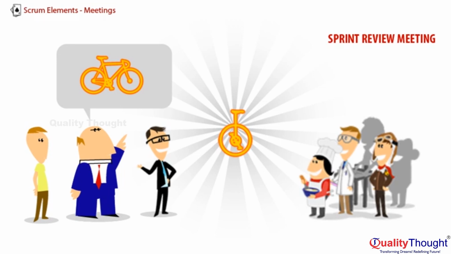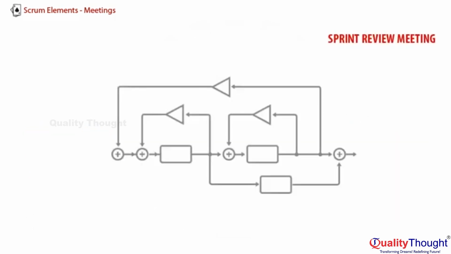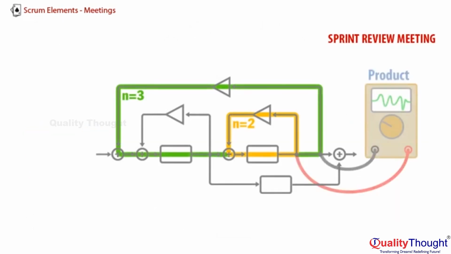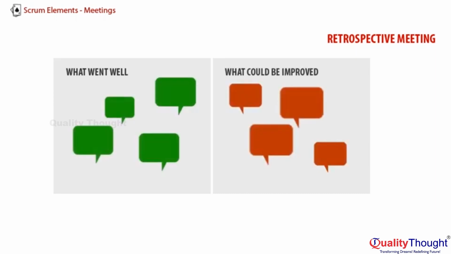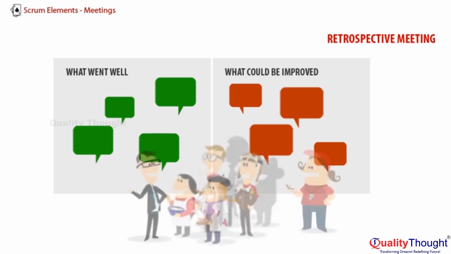In large-scale Scrum, there's one sprint review of the multi-team integrated product. Regular sprint review meetings provide feedback about the product and its emerging requirements. Every sprint ends with a sprint retrospective meeting for the team to inspect and adapt their own process. We inspect and adapt the way we worked together during the last iteration. We typically talk about what went well and what can be improved, what we learned, what still puzzles us. We give feedback to each other. These kinds of things will come up in the retrospective.